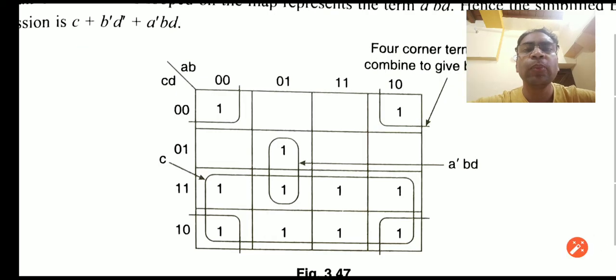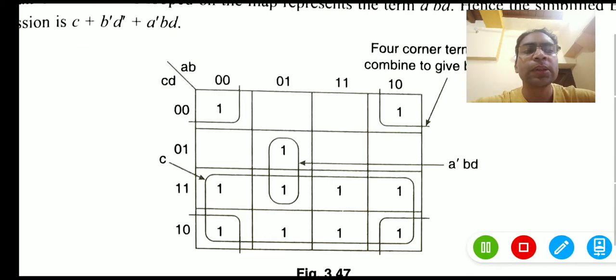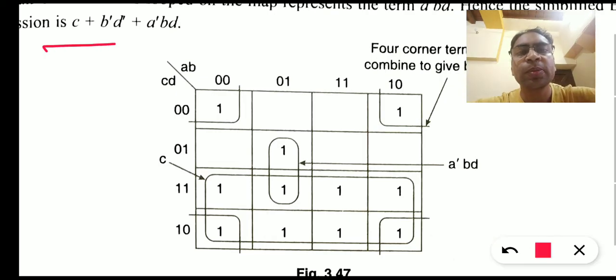Summing up all the values, we have this simplified Boolean expression from the K-map. I hope you have understood this solution. You can play back the video and pause the video. For any queries on how to form this K-map, you need to practice more and more, take more examples, try to form the K-maps, and for any confusion feel free to ask me and clear your doubts.